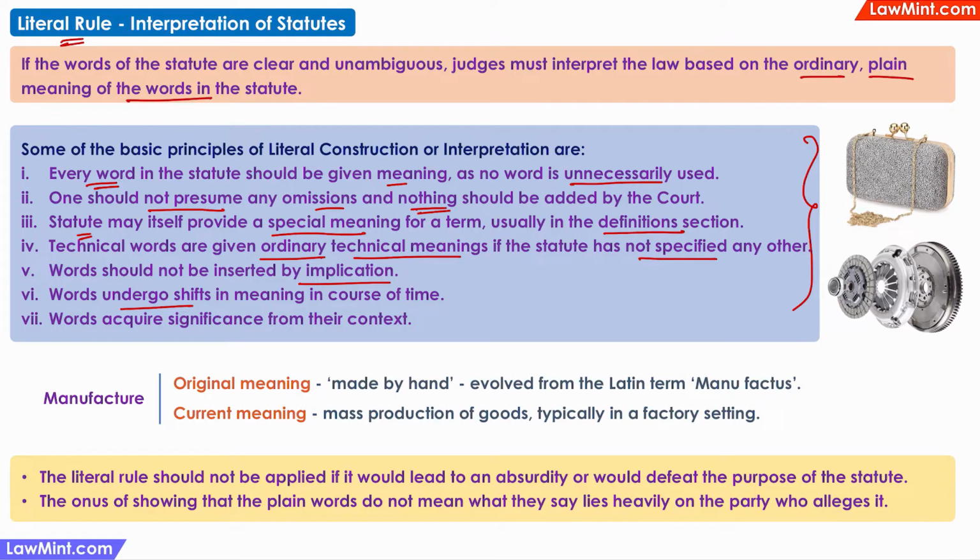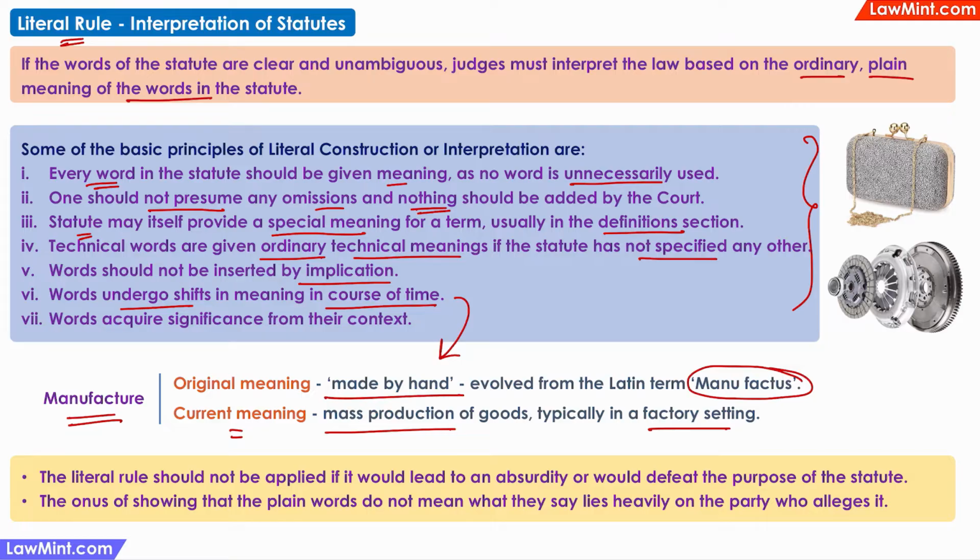Words undergo shifts in meaning in the course of time, so the interpretation should be done on the basis of when the statute was written. For example, before the Industrial Revolution, the word manufacture meant made by hand, and it evolved from the Latin term manufactus. And now manufacture means mass production, usually in a factory. So while interpreting a statute which has this word manufacture, the date when the statute was written should be taken